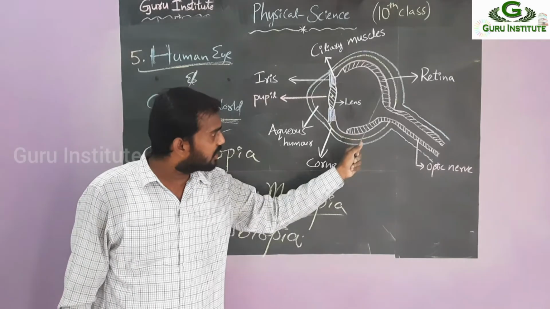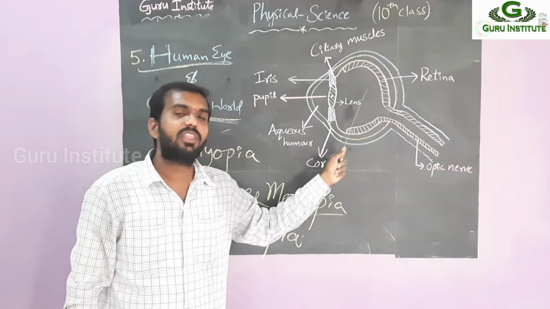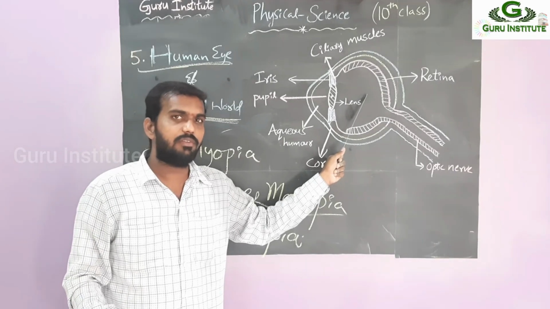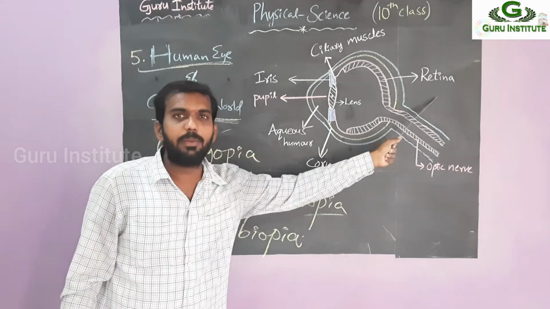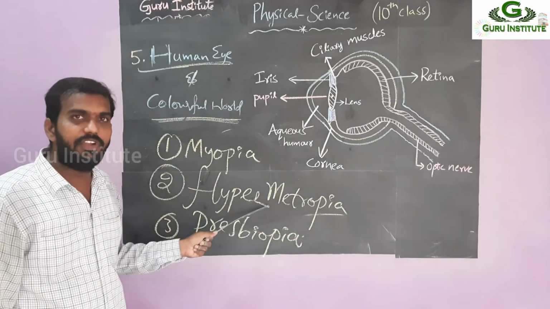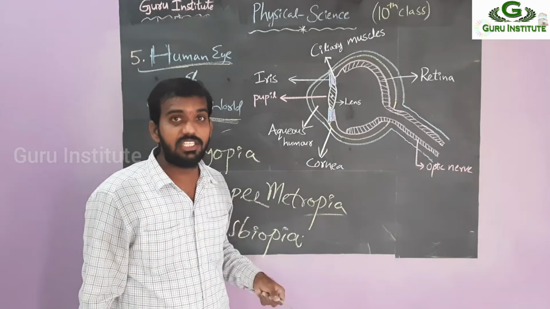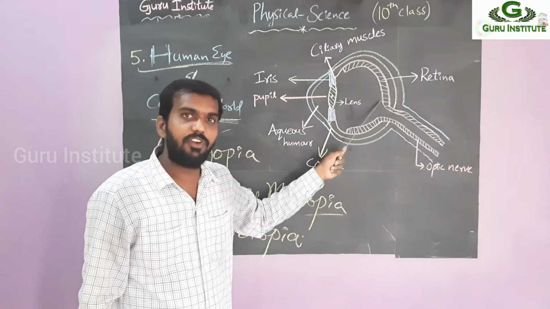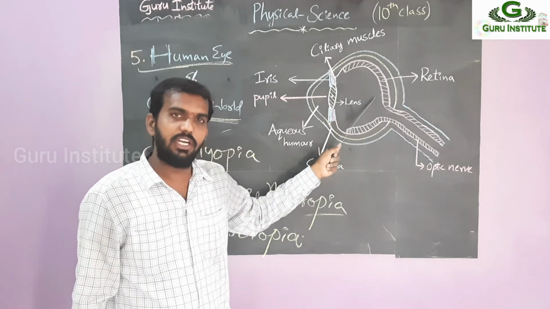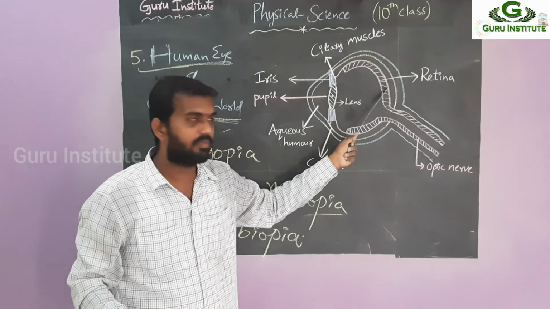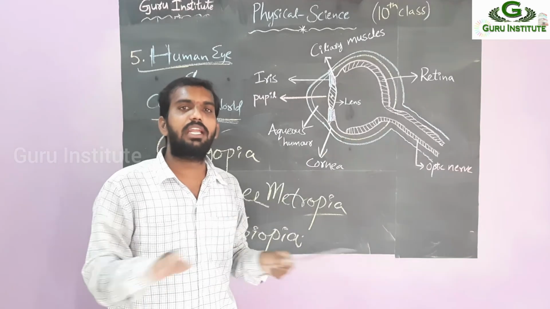Why? Because if the rays meet on the retina, you can see clearly, no defect. If they meet before the retina, that is a myopia defect. If they meet after the retina, then that type of defect is a hypermetropia defect. Clear? So what we have to do: you can't change the retina position, but we can change the meeting point of the refracted rays from here to here. The point formed in front of the retina, we can move to the retina, and the point formed after the retina, we can move from here to here. Then you can correct the defect.